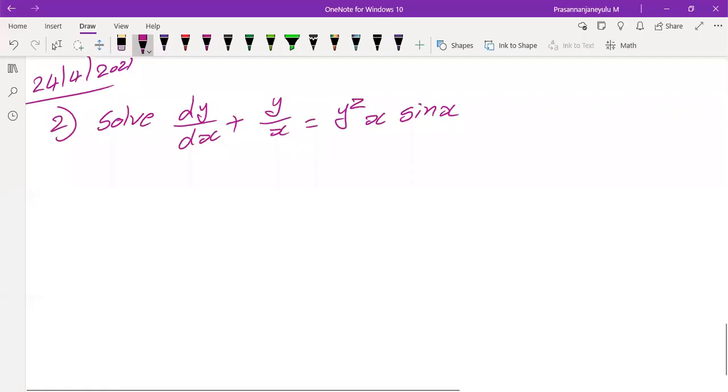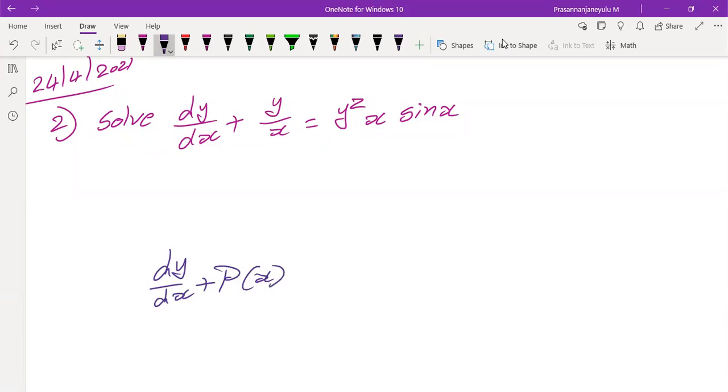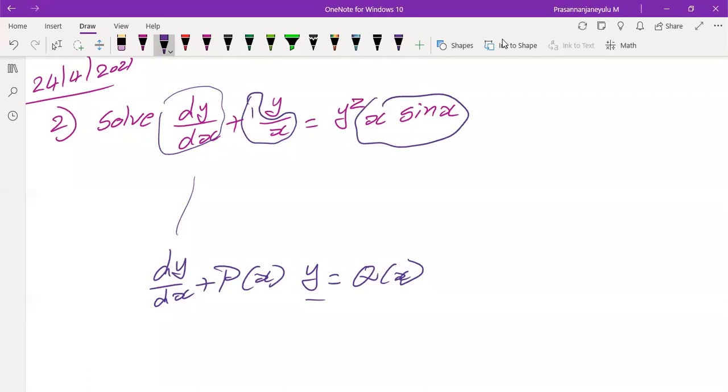Into y. So I am writing here the general form of a linear differential equation in terms of the x variable: dy by dx plus p of x into y is equals to q of x. If we observe this, dy by dx is available as it is, and p of x is 1 by x, we can assume, into y is equals to q of x. Right hand side is only q of x? No. Q of x is x into sine x, but we are having y power n also.